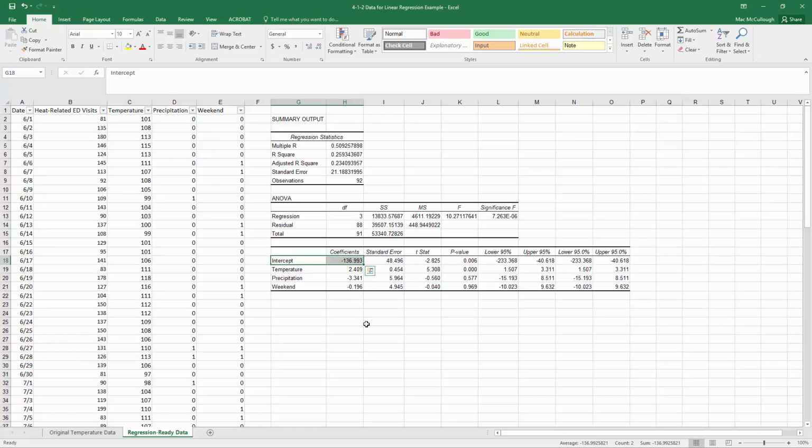Again, not plausible to have less than 0, and also not necessarily relevant, given that the temperature is never going to be 0, but also we would never want to predict the number of heat-related ED visits when the temperature is 0. We may want to predict the number of cold-related ED visits, but that would be a separate model. So one caveat here is